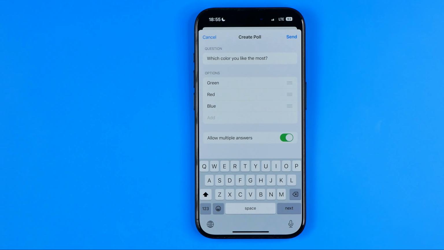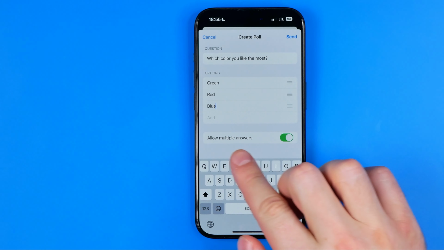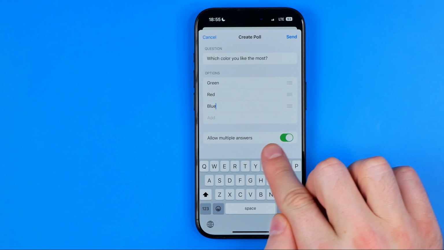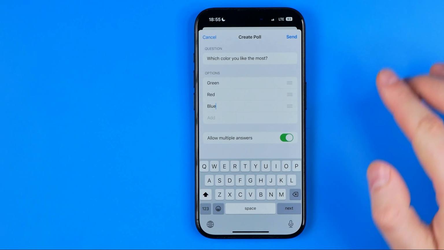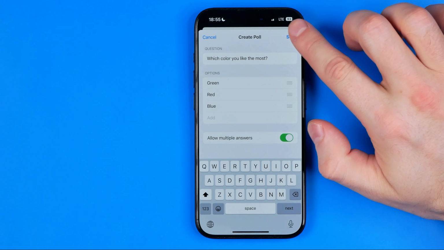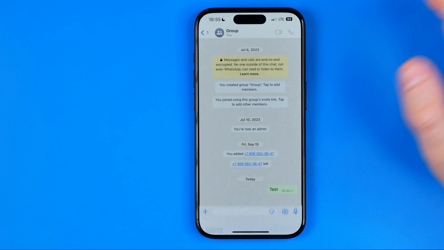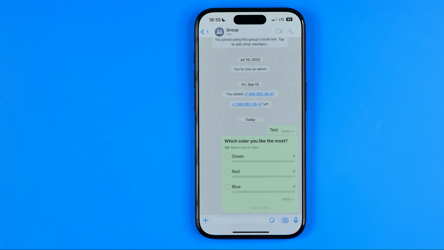We can set up to 12 different options here, and then down below here we need to choose whether we allow multiple answers in our poll or not. Then to send this poll we just need to tap at send, and as you can see now it has